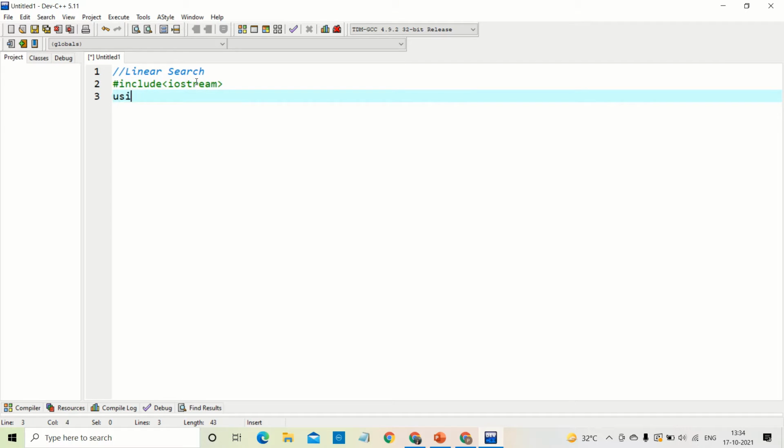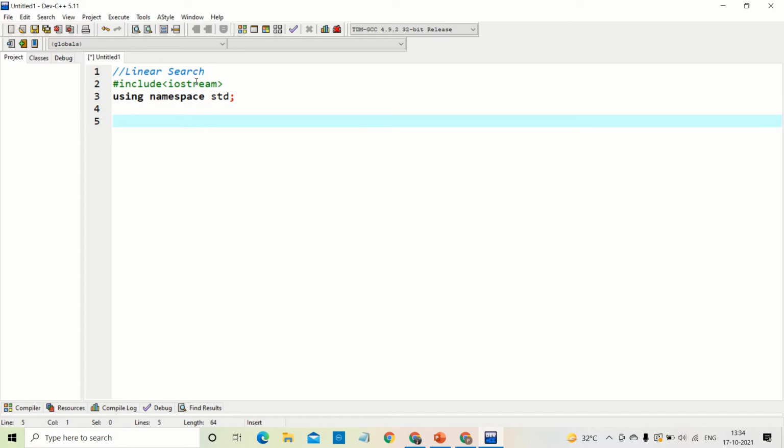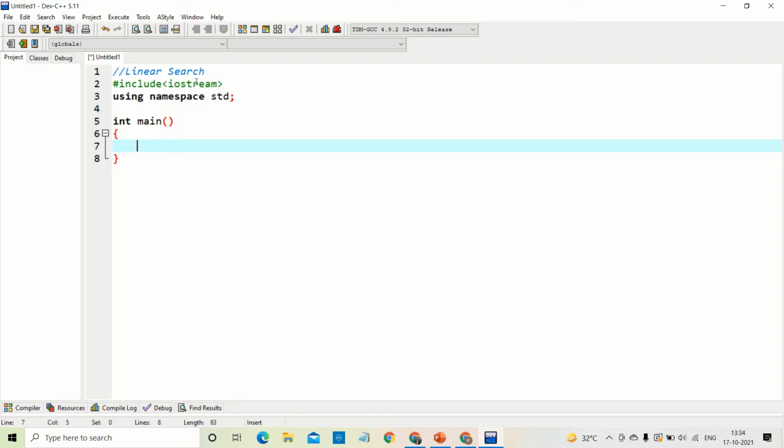After including the header file, I'll put the standard namespace, write the main function, in which I'll first create an array. Array is something where I'll be able to store multiple values together.